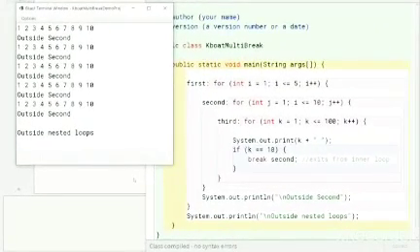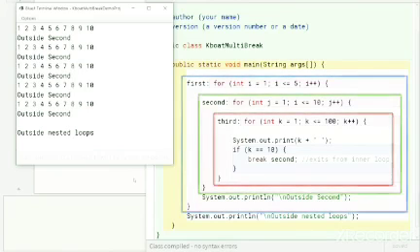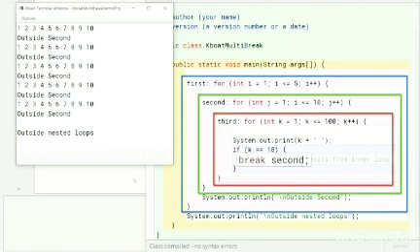There is one important thing that you need to remember about labeled break statement. The code block that is the target of labeled break statement must enclose the labeled break statement. Here, third, second and first code blocks enclose this labeled break statement. So any of these are a valid target label for this break.